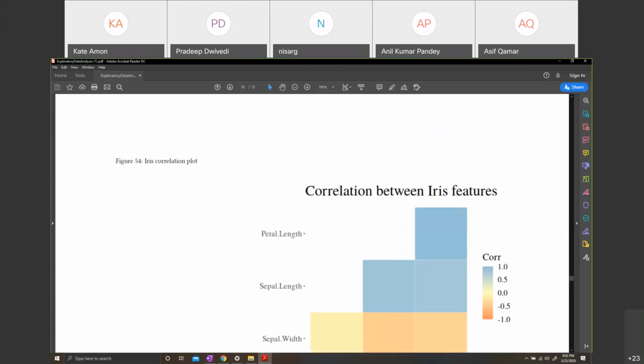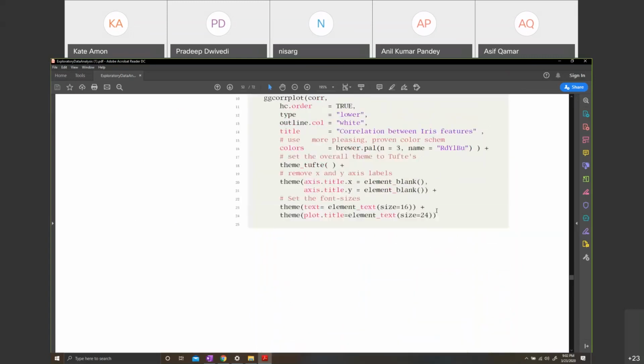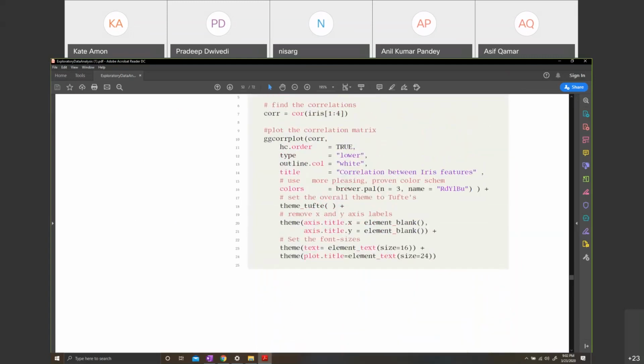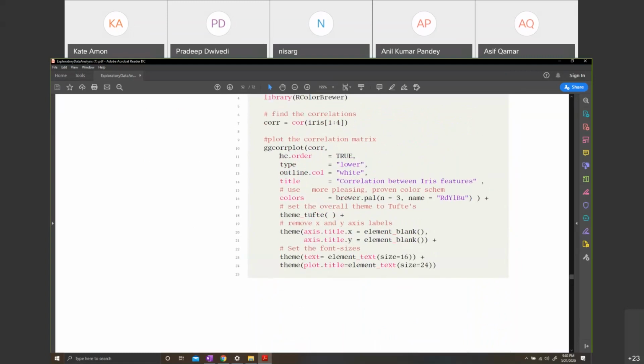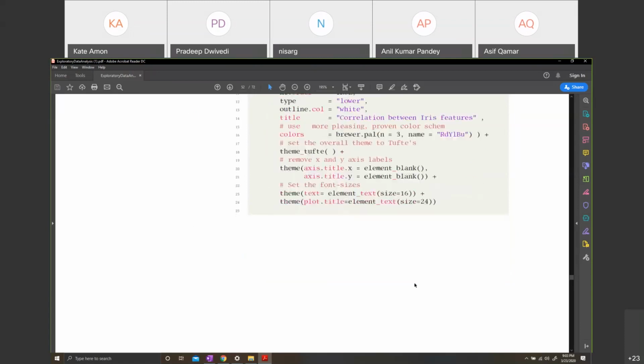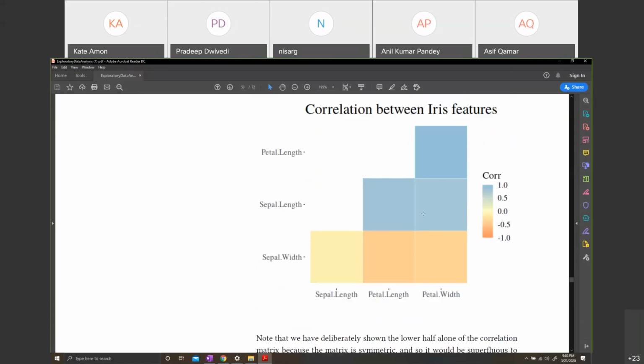And how do you do that? Let's again look at this very simple plot. People say, okay, how did you get that? When I do a default corrplot, it doesn't look as pretty. So let's see here how I do it. By the way, this is the clustering order. It's something I do in corrplots. Ignore this part. First of all, I do the correlation. I give it the data. Then I say only have lower, because there's no need to have both upper and lower. If you don't give it, then it can show everything. Outline color white. It is hard to discern, but there are white line separators for the boxes.